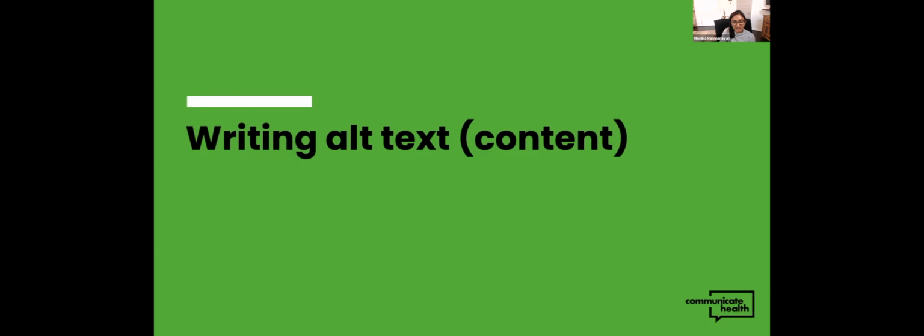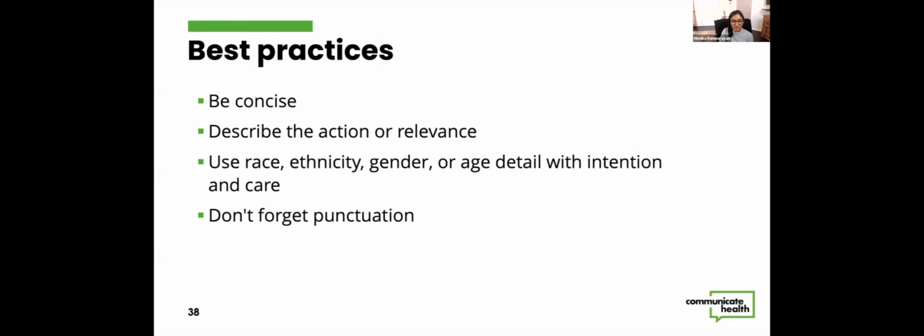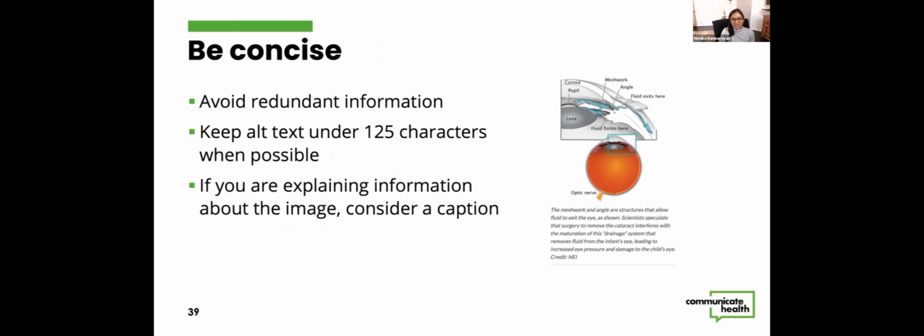Right, so let's take a closer look at how we write alt text. When writing alt text, there's a few best practices to keep in mind. The first is to be concise and avoid redundant information. Describe the action or relevance. Use qualifiers like race, ethnicity, gender, or age intentionally, and use punctuation. And so we'll talk a little bit more about each of these in detail. Typically, we want to be concise and avoid redundant information with alt text. For example,